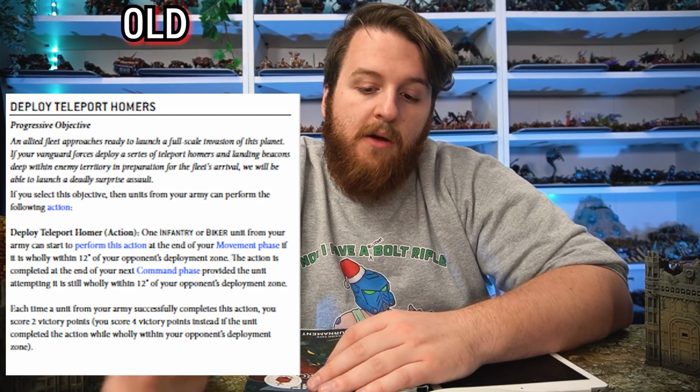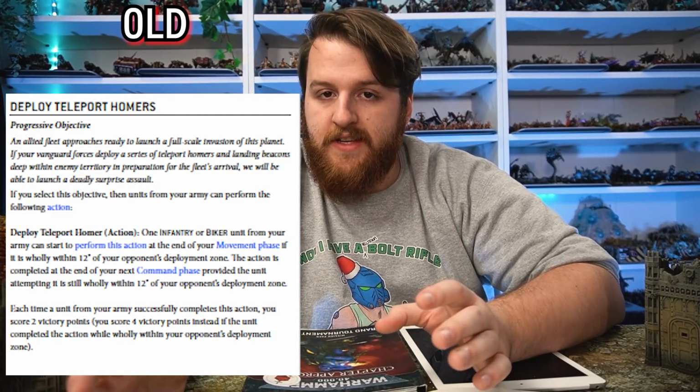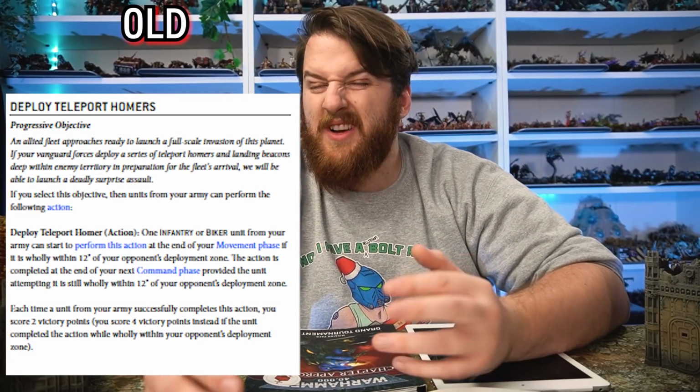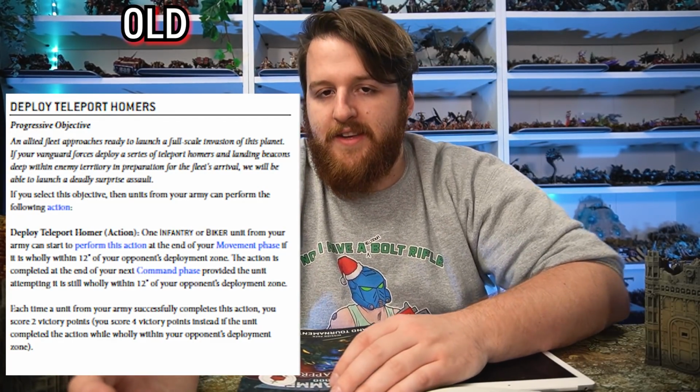Now this was really hard to do, and the reason no one takes it is because you have to be on the other side of the board. You have to be wholly within their deployment zone to actually score real points, because 2 points is a little bit slow because there's only 5 turns. So you really want to be in their deployment zone to max this secondary out. And then you score at the start of your command phase, so they get a whole turn to kill you before the secondary completes. But now this is going to be completed at the end of the turn